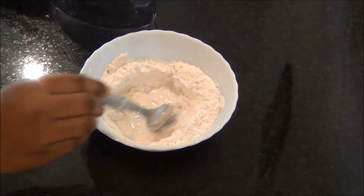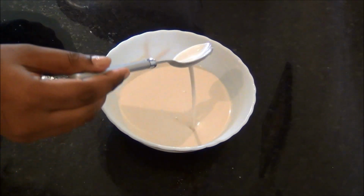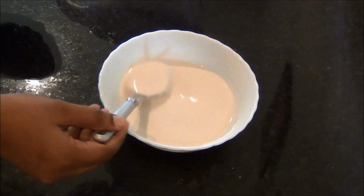like this. Today I have taken 1/4 cup of corn flour and 1/4 cup of plain flour to prepare 5 to 6 spring roll wrappers, and this is the perfect consistency, not too thick, and it should be easy to pour